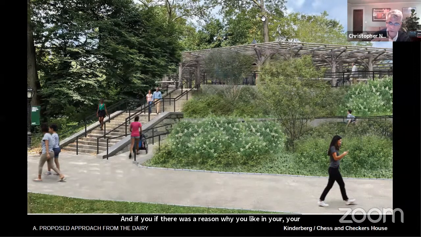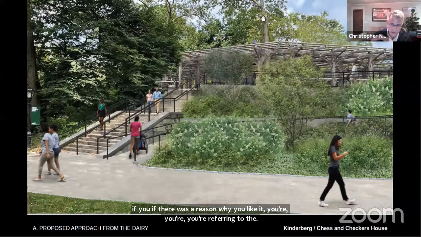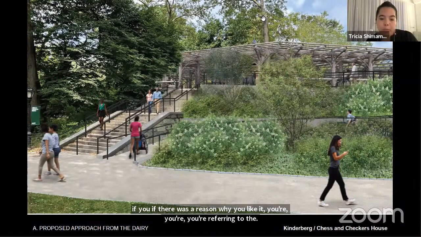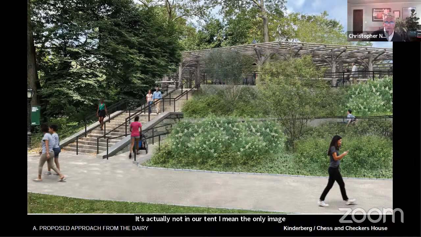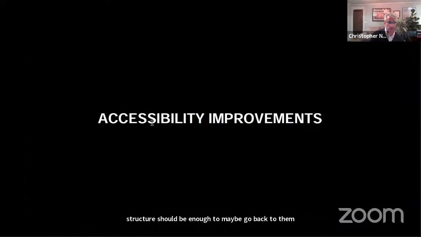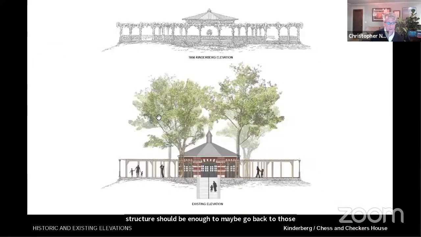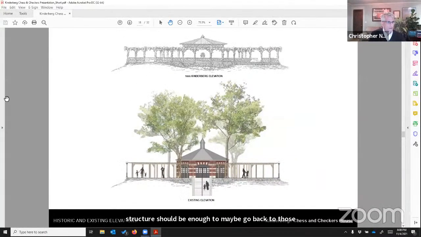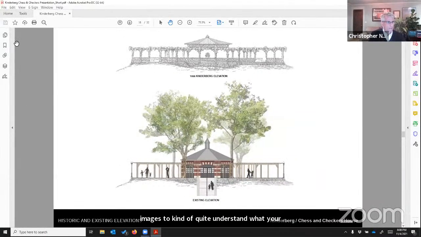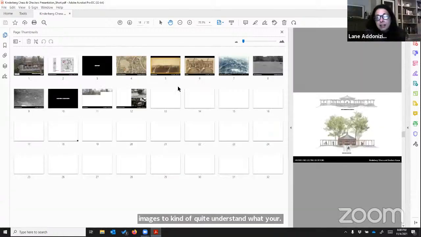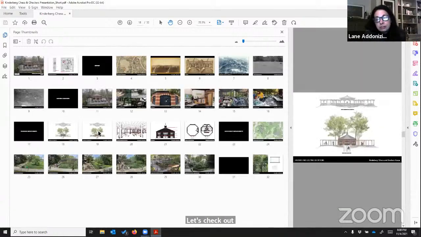You're referring to the rustic structure? Yeah, the rustic structure. It's actually not our intent. It is our intent to be faithful to that sketch. That's all we have in terms of what the height of the rustic structure should be. I'd have to go back to those images to quite understand what you're referring to. Just to jump in, Tricia, I think what you may be referring to is